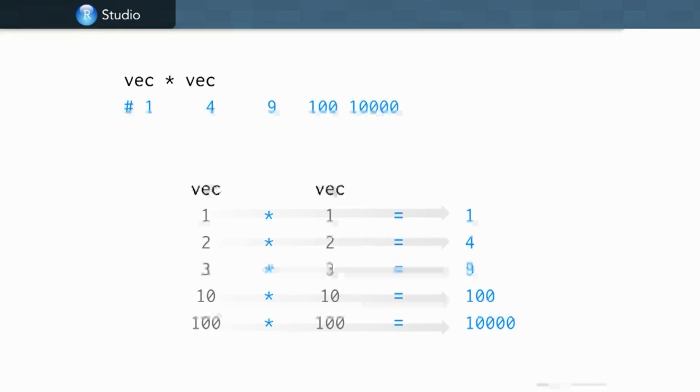It's just aligning the 2 vectors, and it's doing the operation between each of the elements in the vectors, one at a time. Now, if you're used to linear algebra, this might be surprising, because normally when you multiply a vector by a vector, you either get a single number or a matrix, depending on whether you do inner multiplication or outer multiplication. Well, here R is going to depart from linear algebra. It's going to move into the programming world. It's going to use vectorized operations and do things element-wise. Later on, this will be a real advantage to you, because we'll start storing variables in our vectors, and when we start multiplying one variable times another, we only want